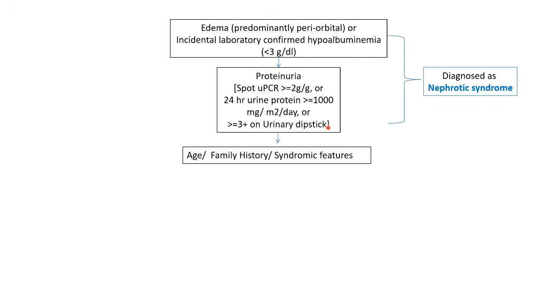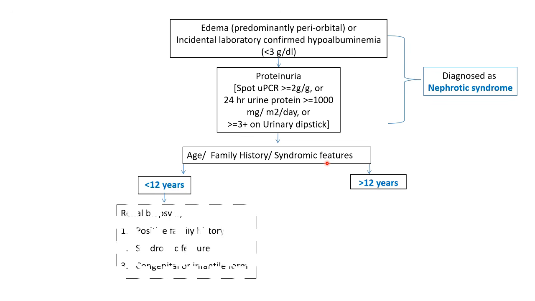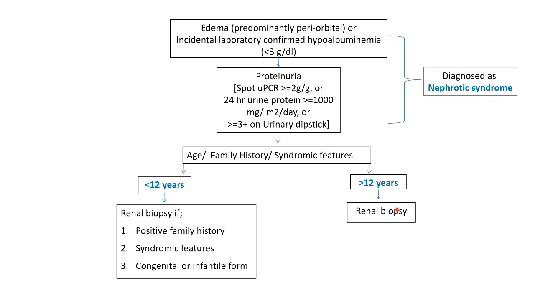So in that case, you look at three things: age, family history, and syndromic features. Age of the child can either be less than 12 years or more than 12 years. If the age is less than 12 years, you do a renal biopsy only if there is a positive family history of nephrotic syndrome, if the child has syndromic features, or the child is suffering from a congenital or infantile form, that is less than 1 year of age. However, if the child is more than 12 years of age, then you definitely have to do renal biopsy before